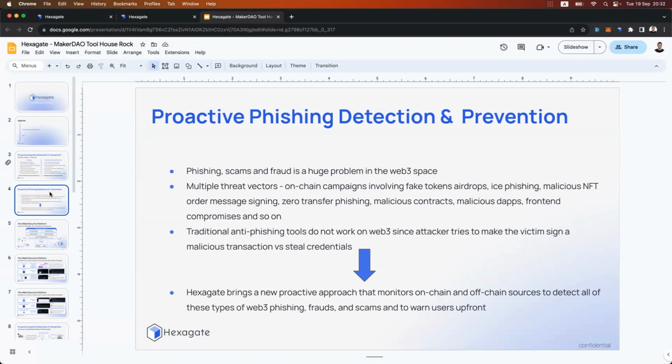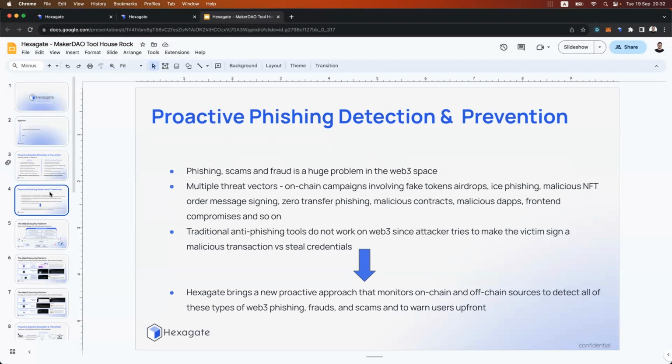So phishing becomes a huge pain point in Web3 security because users are just one transaction away from getting wiped, and that has huge implications for users because you can lose all of your funds. But also for protocols, phishing on their governance participants is sometimes overlooked, and this is another thing that we think is a huge problem in this space.